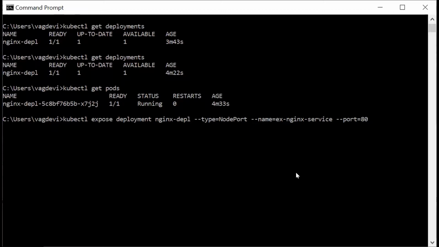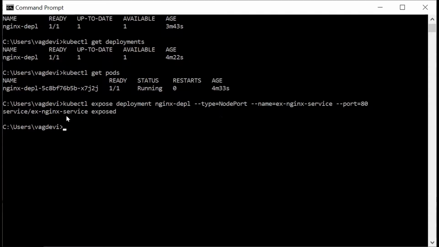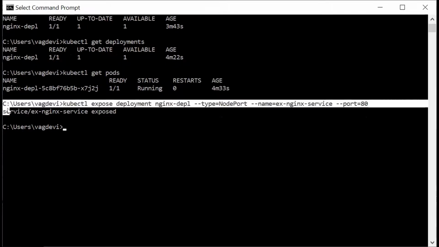Then the name of the service is defined to be nginx service, and the port opened for this service inside the cluster is 80. Now hit enter. So it says this service is created.